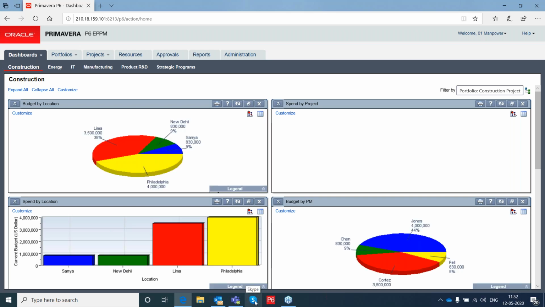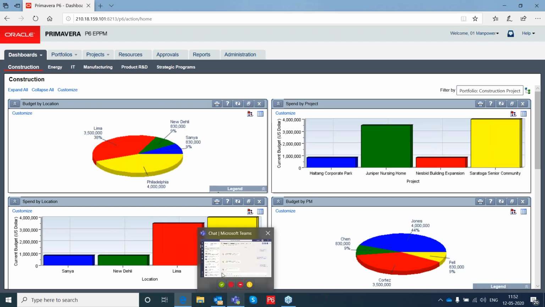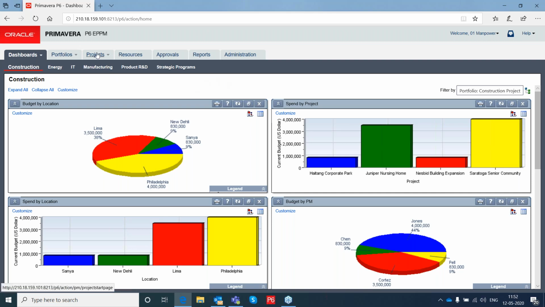So this is the Primavera EPPM application. What you are seeing is the dashboard, right? In the dashboard, go to resources.